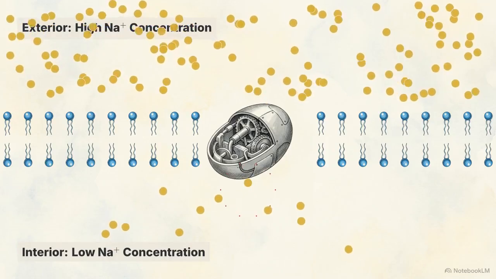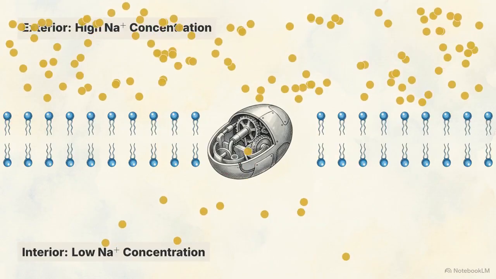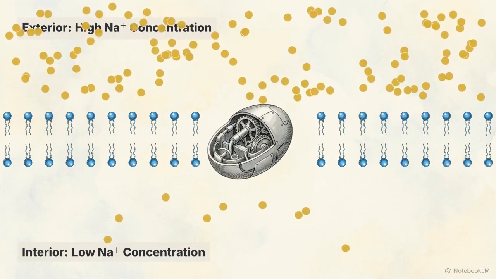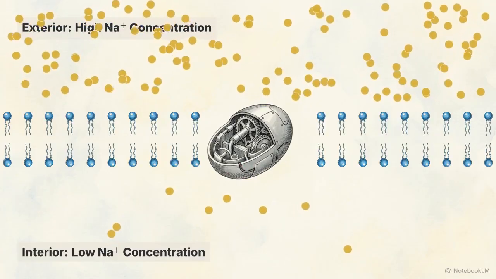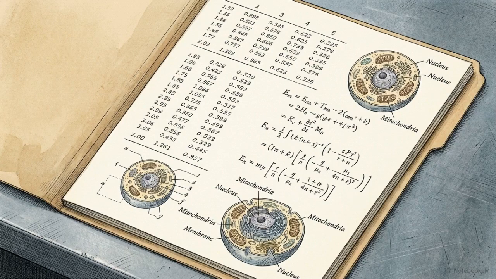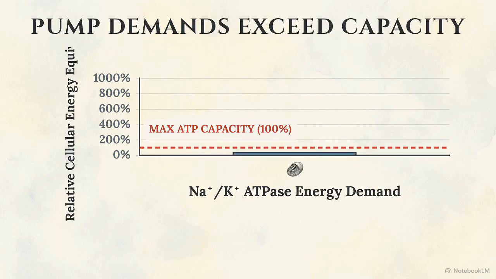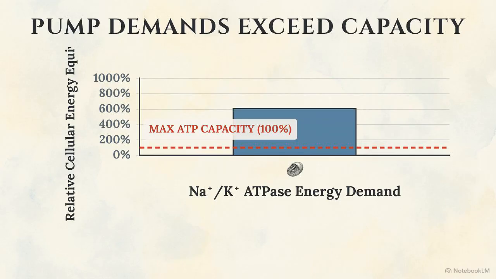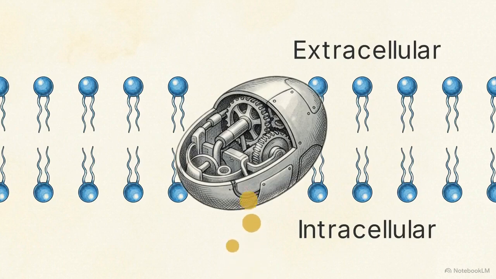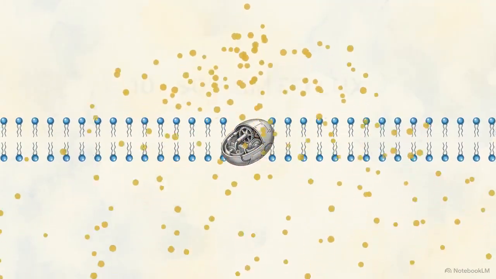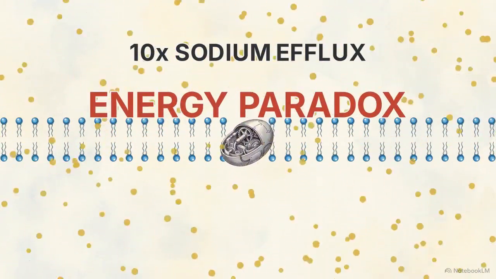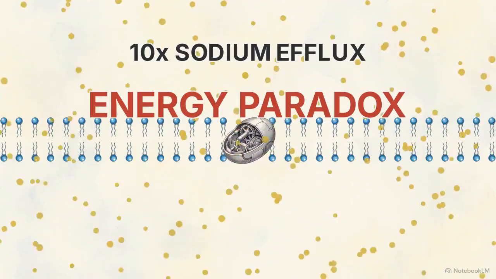Perpetually forcing ions up a steep concentration gradient demands an immense, uninterrupted supply of cellular energy in the form of ATP. Ling audited the energy requirements of the sodium pump in frog muscle cells. His calculations revealed that operating the required pumps continuously would consume an amount of energy that vastly exceeds the cell's maximum possible ATP production capacity. Furthermore, Ling noted that conventional physiological measurements frequently underestimated the actual rates of sodium efflux by a factor of at least 10, masking the true severity of the energy deficit required to run the pumps.